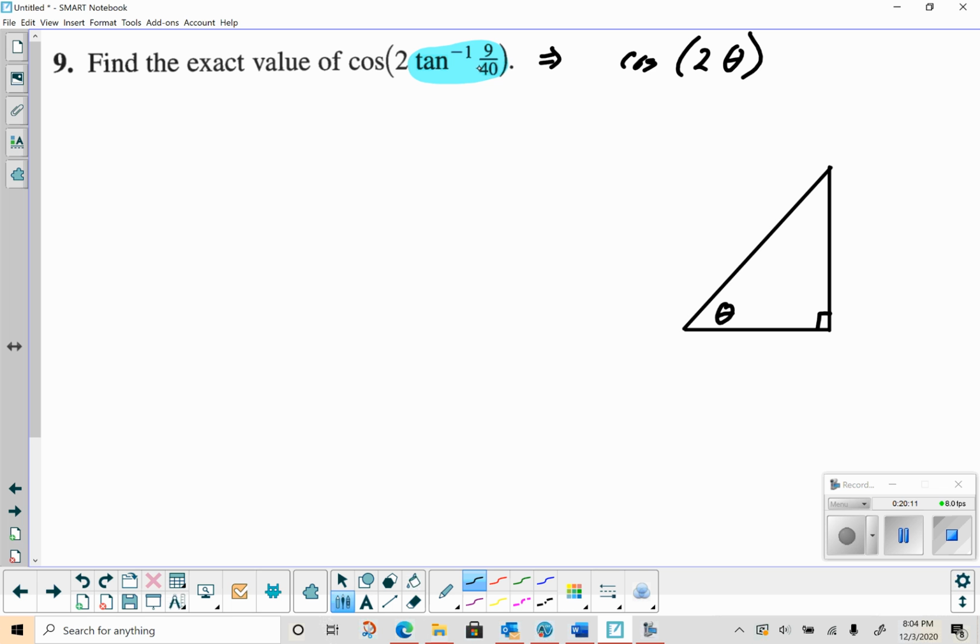Now I'm told that the tangent is 9 over 40. So like opposite 9, like adjacent 40. Now, again, if you don't remember this, you'll have to go through Pythagorean theorem, but this actually does turn out to be one of our Pythagorean triples. If one leg is 9 and the other leg is 40, the hypotenuse turns out to be exactly 41. Nice whole numbers here. So now,